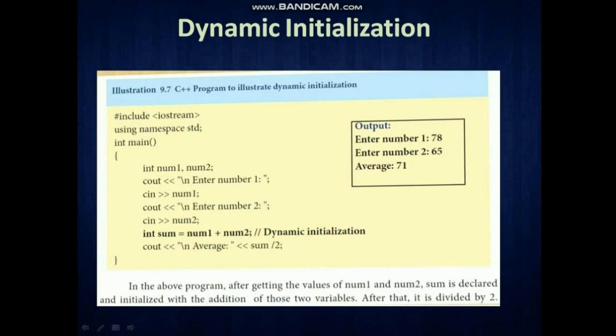This total value will be stored in sum. After that, average equals sum divided by 2. What is the value of sum? That total value will be stored in the sum variable. So it will be divided by 2 and the average stored from here. Everything is done automatically by the computer. We need not know how it is doing that, so don't worry about that. You have to write the code properly. It will calculate and display the proper result.